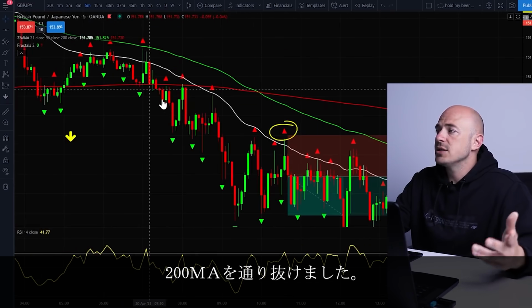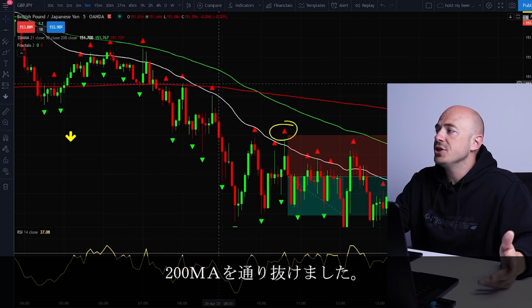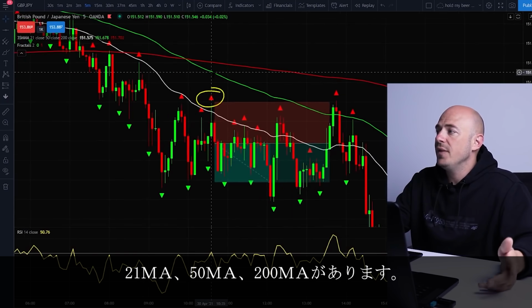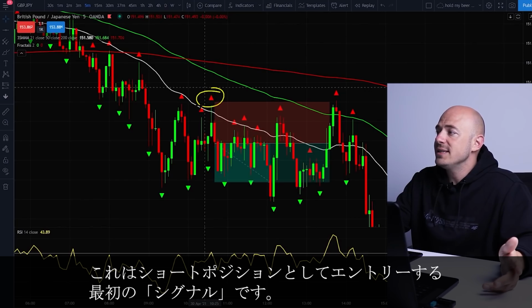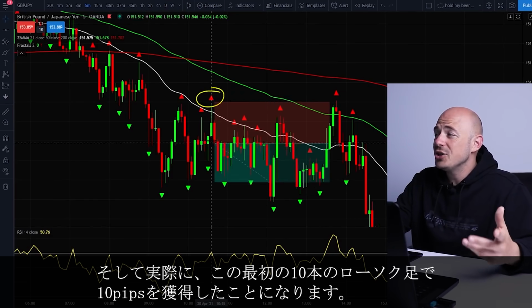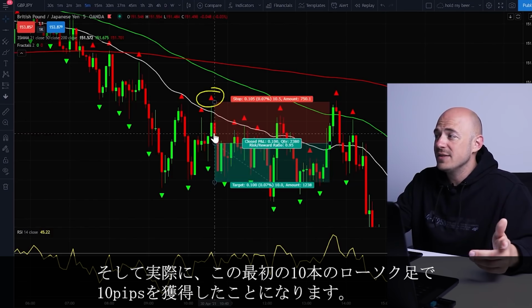Right here, it crossed through the 200 period moving averages. All of the moving averages line up to the downside. We have the 21, the 50, and the 200. This is the first signal that you get. You get in on your short position, and you actually would have gotten your 10 pips in this first 10